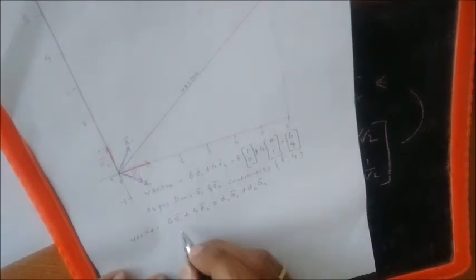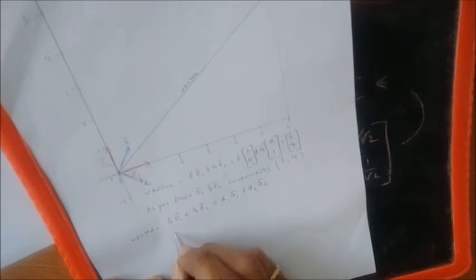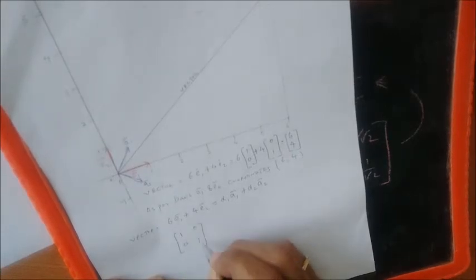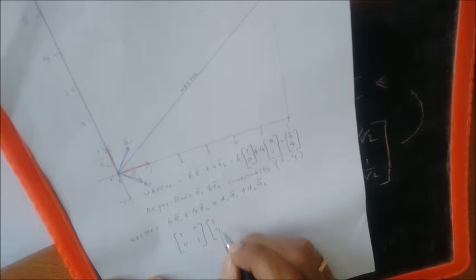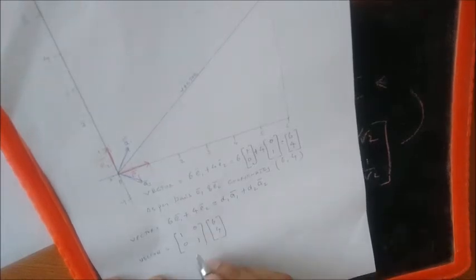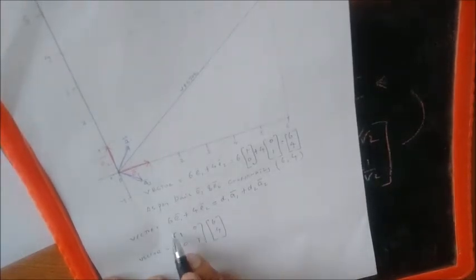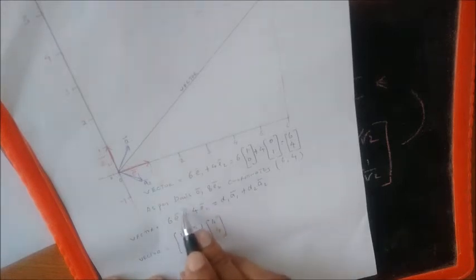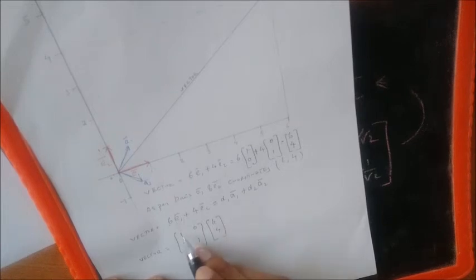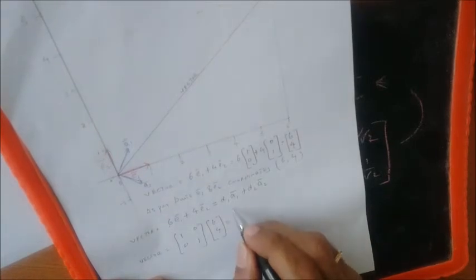And I can now write this as the matrix [1 0; 0 1], where this is e1 and this is e2, times [6 4]. So the vector is [1 0; 0 1] times [6 4]. What I have done is convert this, which is actually 6 into (1, 0) plus 4 into (0, 1), into the form of a matrix multiplying a vector. You will get 6 into (1, 0) plus 4 into (0, 1). That is the vector. This has to be equal to